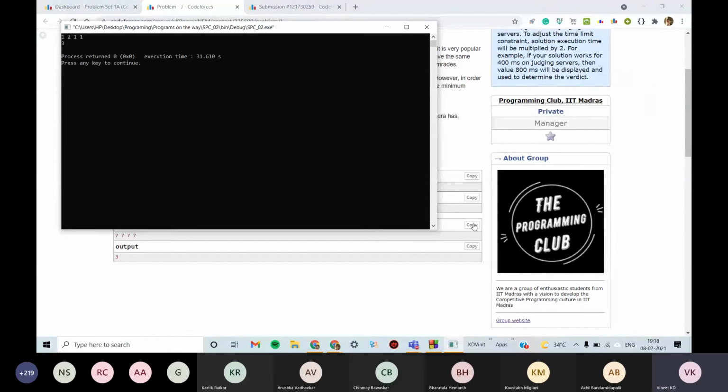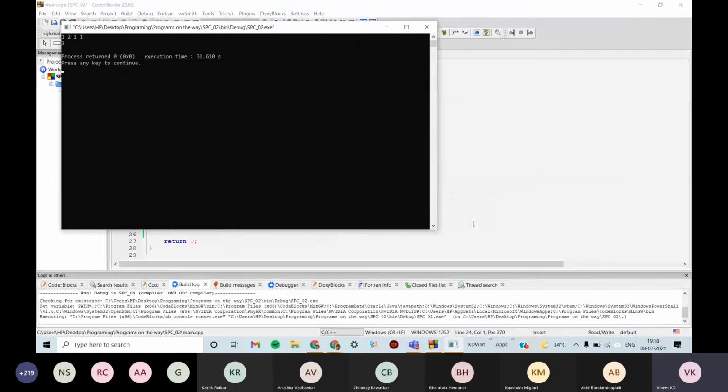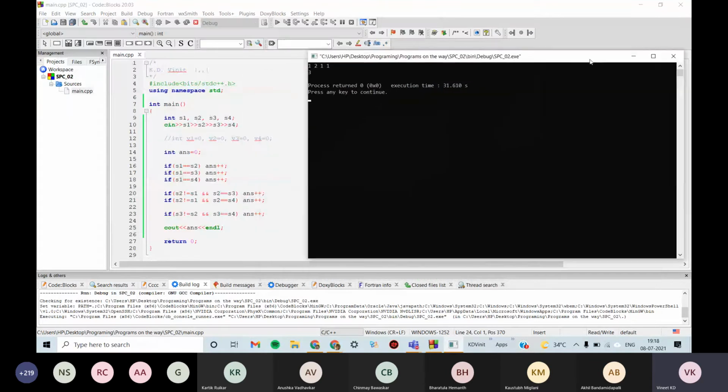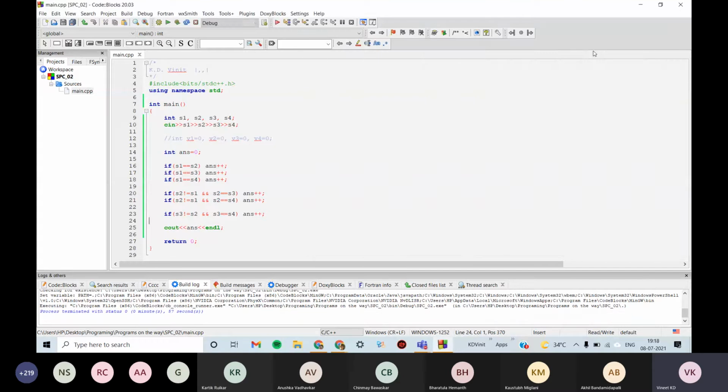Oh, but it's 3. What do you think, Karthik, we missed? You agree? So something is wrong in the code. Or do you think the code is right and the compiler is wrong? Okay, let me just try submitting it as well.